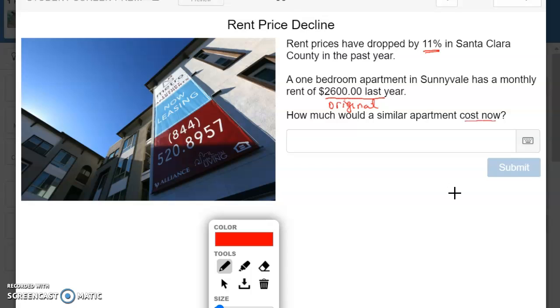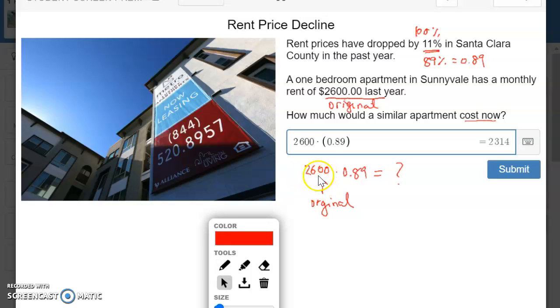So we want to know what it is now. I know that X, whatever the original was, times, okay, so it went down by 11%, 100% minus 11% is going to be 89%, which is the same as 0.89. Times 0.89 is going to be what? Is what I'm asking. And in fact, I know the original is 2,600, so that's my